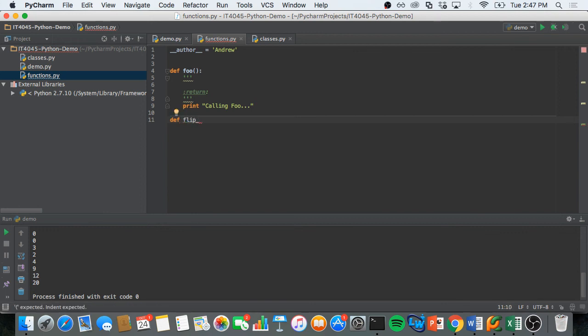flip odds, evens, and then just like a Java method, we just specify the arguments. Again, we don't have to specify the types, we just say the argument. We can also stub out a method, and unlike in Java, because we're not specifying a return type and we're not specifying an argument type, I can just say pass, and what that does is that has stubbed in my